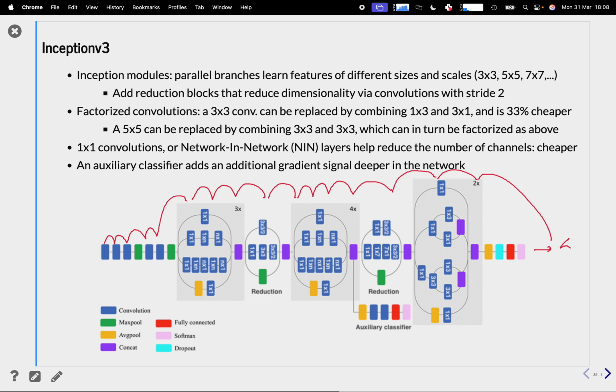Now to avoid that, they added this auxiliary classifier. This will take the intermediate output, do some convolutions, do a fully connected layer, do a softmax to get a rough output, and from that get some kind of loss, and then you can also backpropagate that loss to the network. This will compensate for the gradients here, which will be very small, but these ones might be larger. And so you still have enough signal to also train the deeper parts of your network thanks to this auxiliary